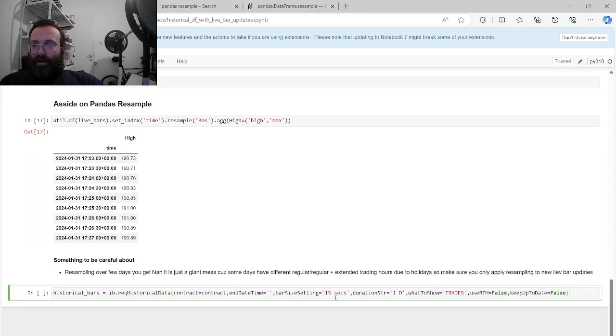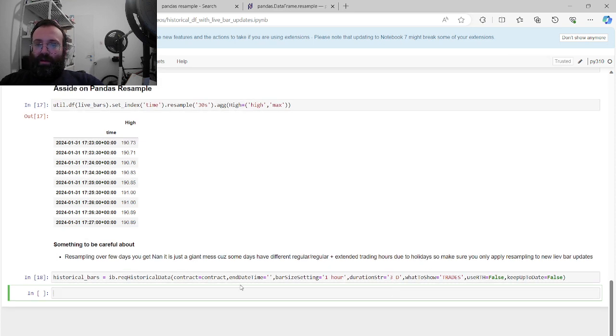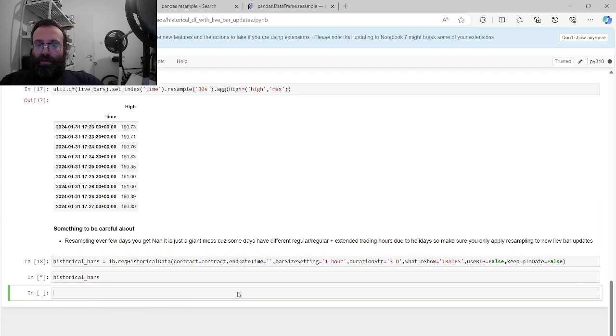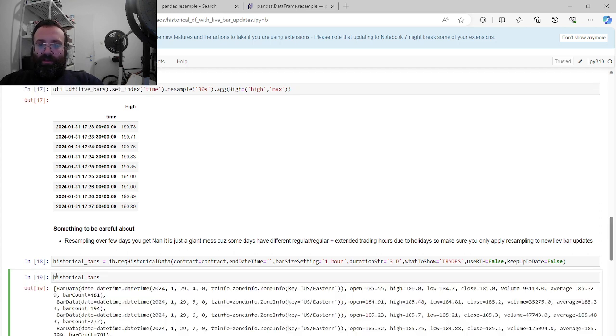And I'll do 15 seconds, keepUpToDate is false. No, you know what? I'll do 1 hour, keepUpToDate is false, and the difference is I'll do 3 days. Okay, so what does historical bars, and then if I do util.df historical bars dot set index